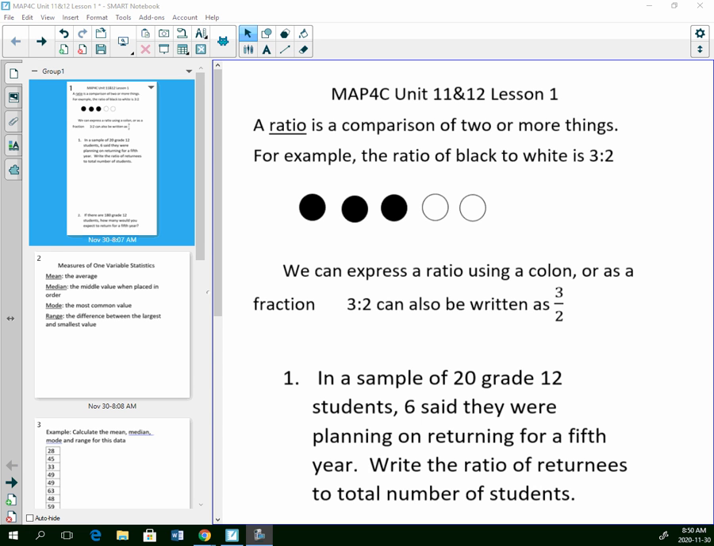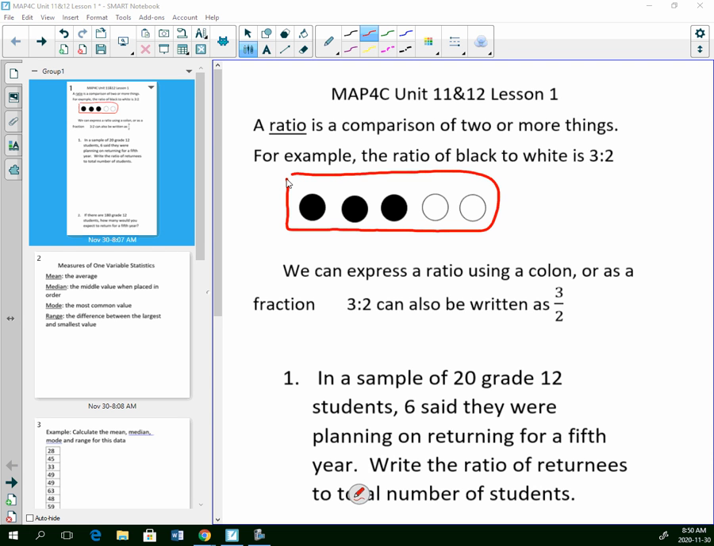So remember that with ratios we are comparing two items together, right? So we can write it with a colon. So here I have a picture of 3 black circles and 2 white circles. So if I wrote that as a ratio of black to white, we could write it in words,